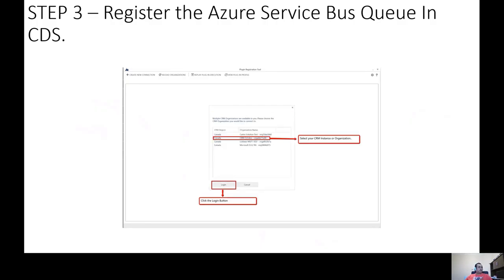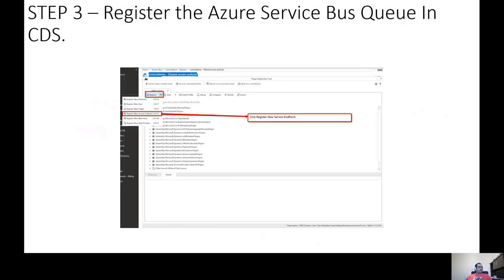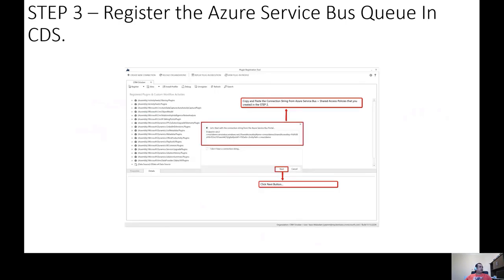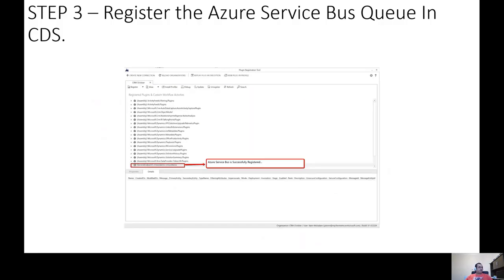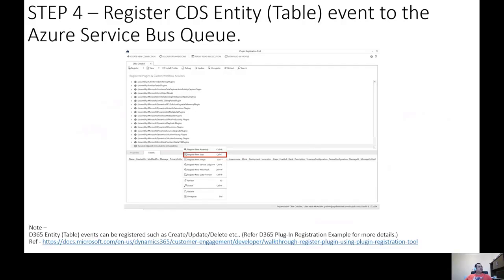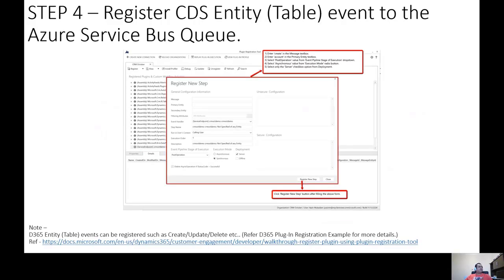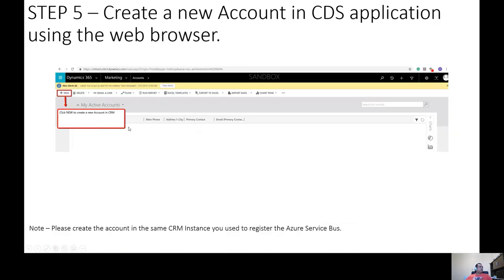You log into CDS, select your instance, and register a new service endpoint. Within the service endpoint, you copy your endpoint, and then you have your endpoint registered. After that, you add a step. Then when we create a record, we should see a message.